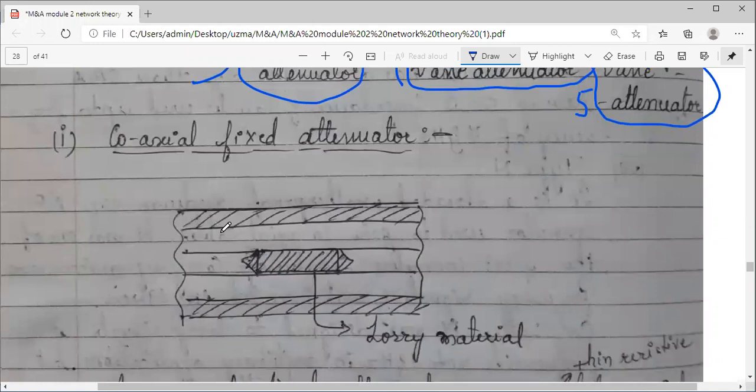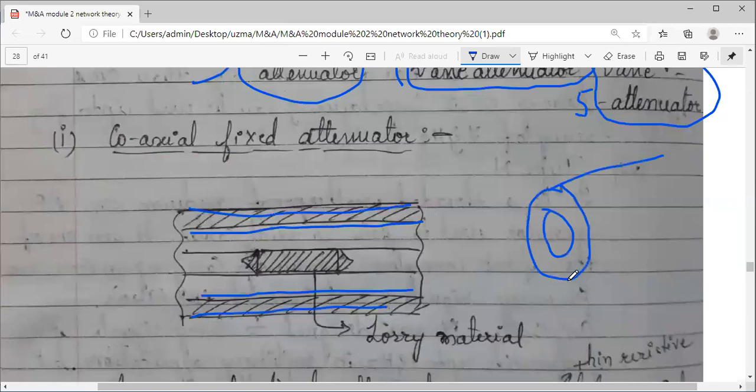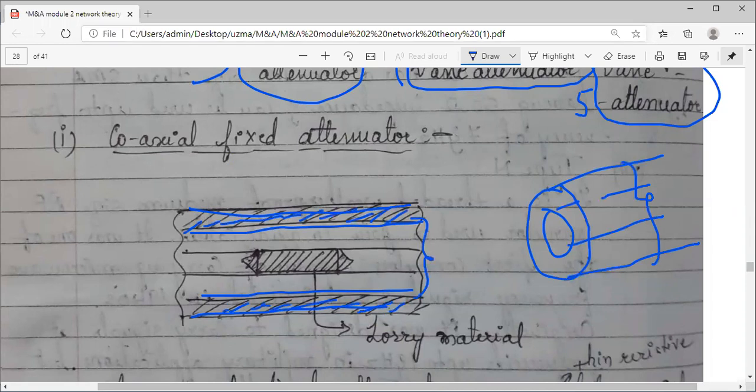You can see the figure. This is a coaxial line. यह ऊपर वाला coating है. Okay. The coaxial cable looks something like this. Two concentric cylinders will be there, one inside the other. Okay. So ये जो part है, I have drawn it here. And this indicates an outside coating. Because whenever you might have seen the coaxial line, it comes with a black coating, right? Insulation should be there.